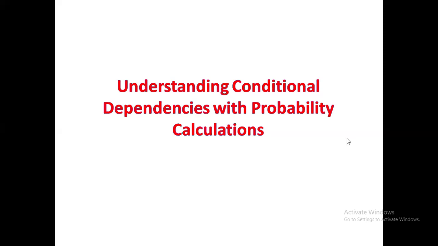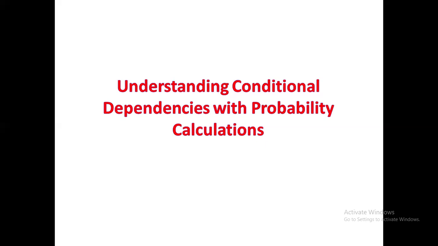Conditional probability models real-world situations where outcomes are dependent, enabling better risk assessment, troubleshooting, and optimization of complex systems. Mastering these dependency concepts allows for designing more effective algorithms, improving diagnostic systems, and enhancing the decision-making process